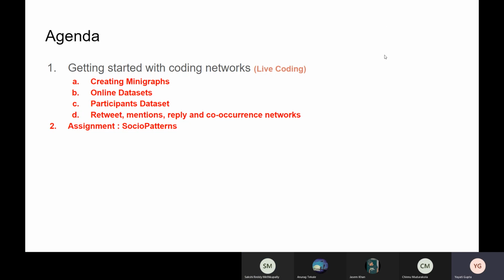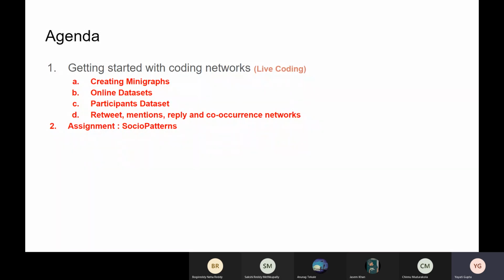So, first of all, in the last class, we looked at certain networks, some of which were artificial, some of which were real world networks. So, today we'll have a very quick live coding on how do you start coding these networks. So in graph theory, again, you have studied all these networks theoretically. So since now we'll be dealing with networks having millions and billions of nodes, we should have a way to automate this procedure. There are a lot of tools out to do this.